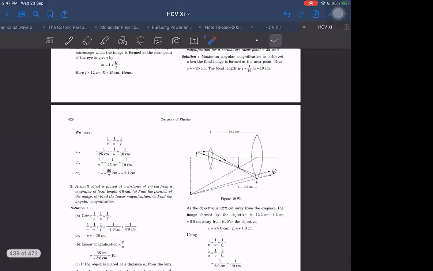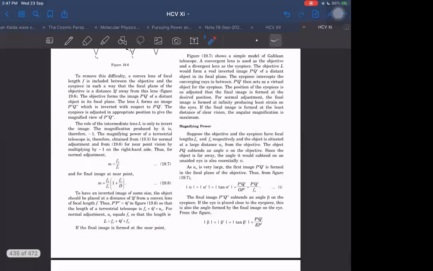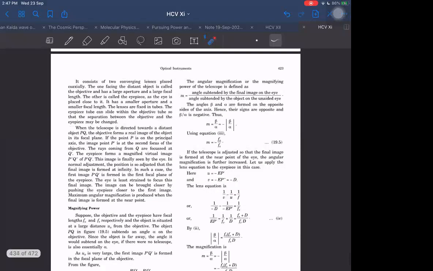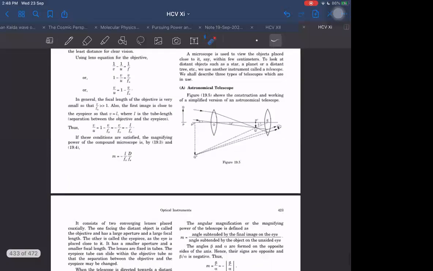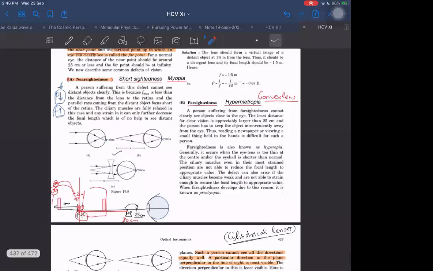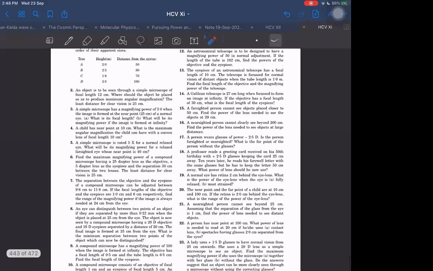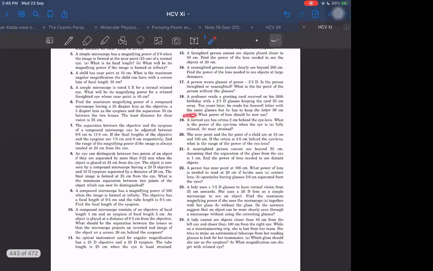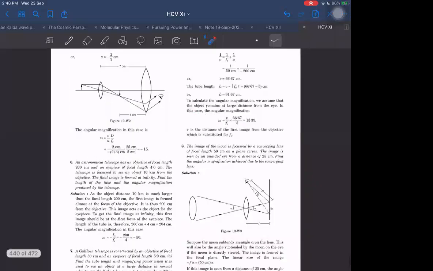All right, now this is done about eyes. Some questions will be there in HCV. Those questions will be interesting. And if I tell you now only, related to eye, the questions in HCV are the last questions of the exercise. Those you can do. I think from here he starts with eye. This one, this is eye only. You can do these questions. But now I will start optical instruments.